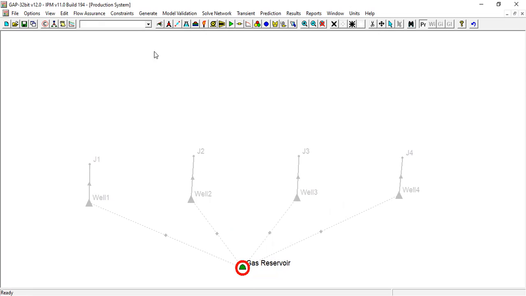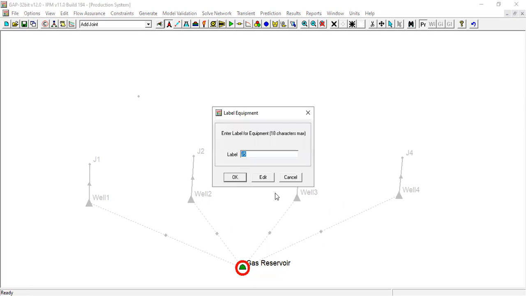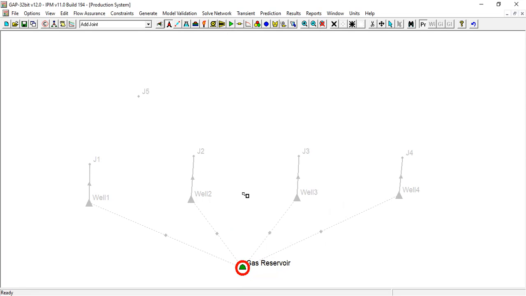Okay, and then another join here. Okay, J5. And then I will connect J1 and J5 and also J2 with J5. And the connection between each join is actually represented by pipeline or flow line. Okay, so that in reality or in our imagination, we can imagine that the well will be connected to